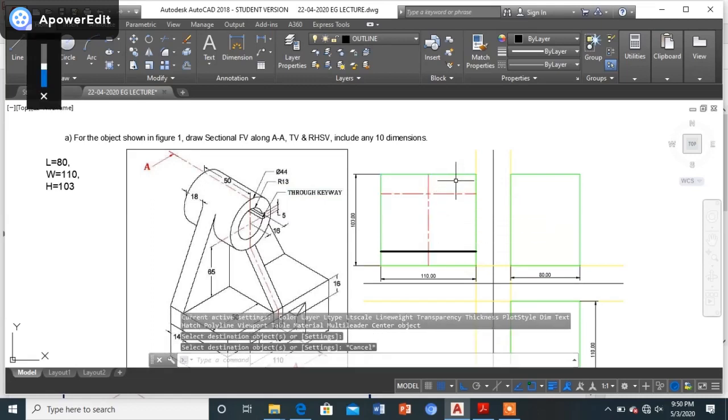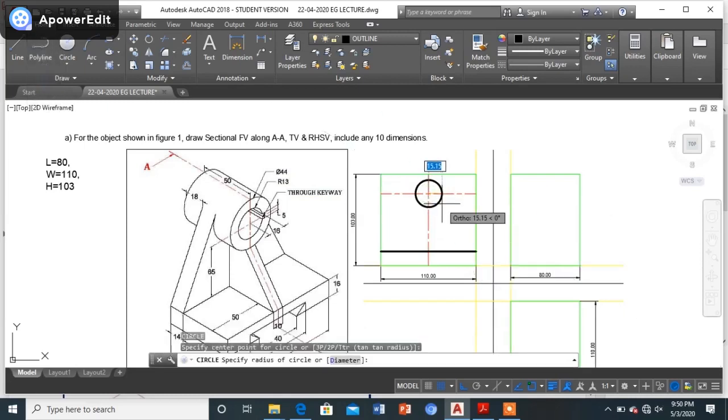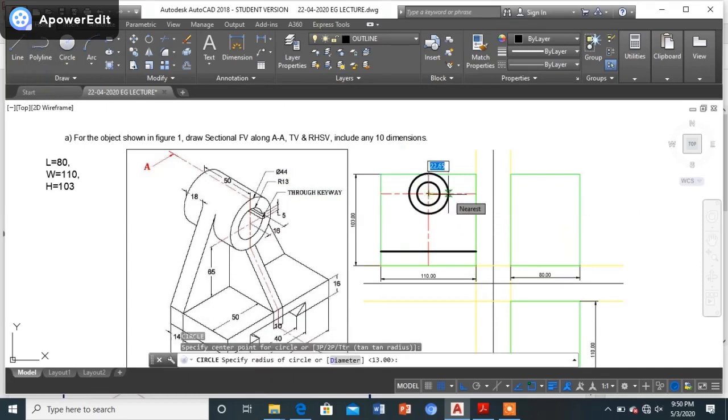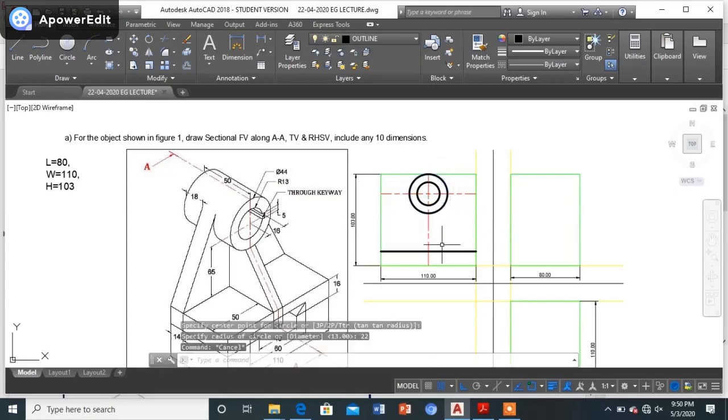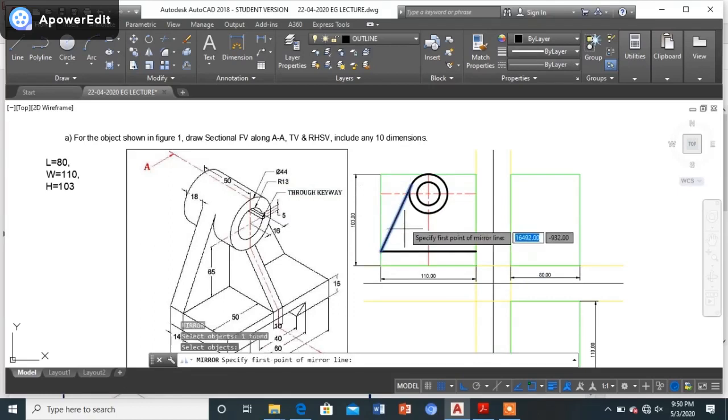Okay. So now I'll be drawing the circle. Inner one is of radius 13, so I have drawn it. The outer one is of diameter 44, that is radius 22. This is the way how do we get that particular circles. Now then and there I can straight away draw the tangent lines from here. We can easily snap the tangent point over here. The same way the other one can be drawn on the other side.